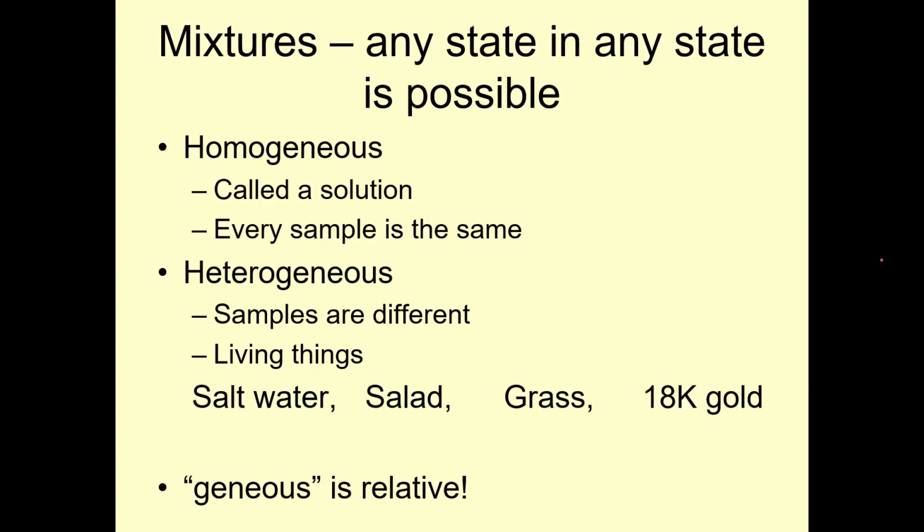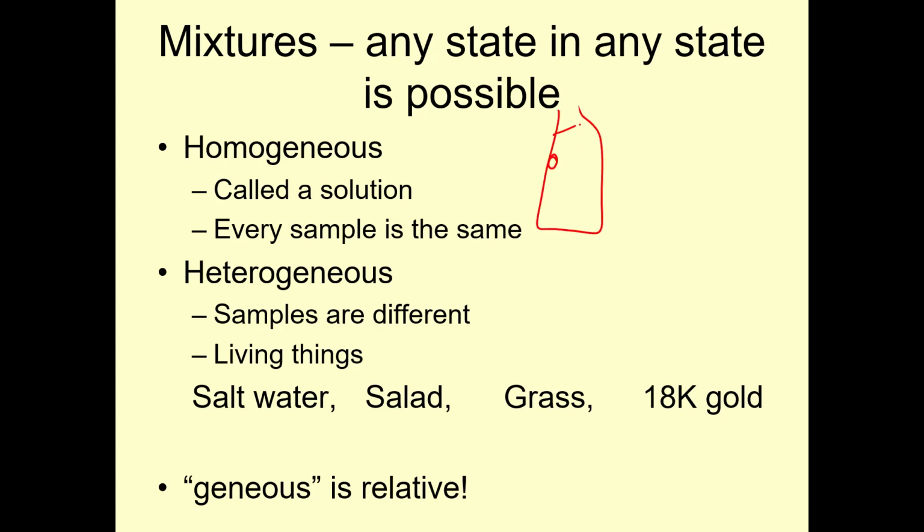Mixture. Any state in any state is possible. There are two main types of mixtures. One is homogeneous. Homogeneous is synonymous, it means the exact same thing as a solution. Every sample is the same. So that means if I have a big beaker of it,